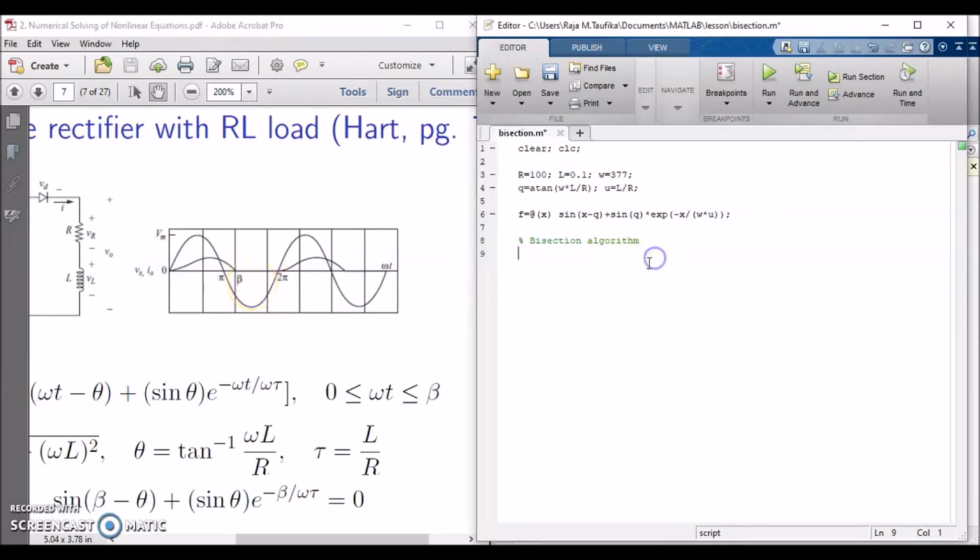Okay, so I use A, which is the lower bound of the bracket, pi, and B, the upper bound of the bracket, equals 1.5 times pi. So this is the boundary of the initial bracket. So we know that after defining A and B, we have to find the middle point between them. But before that, let's specify two important quantities